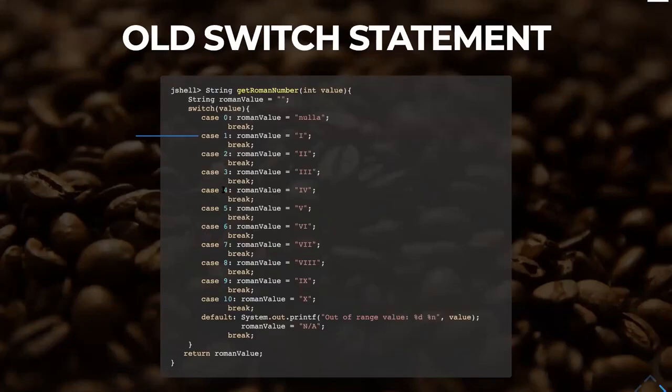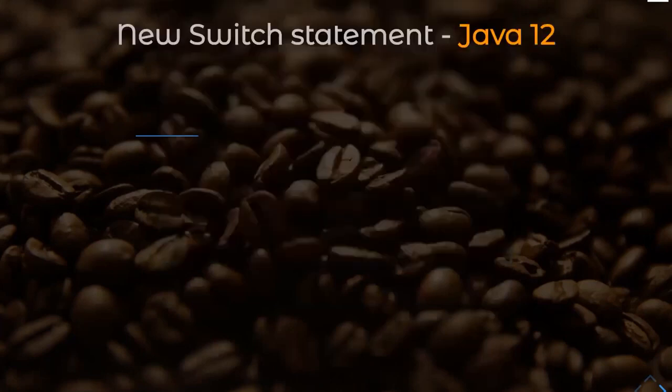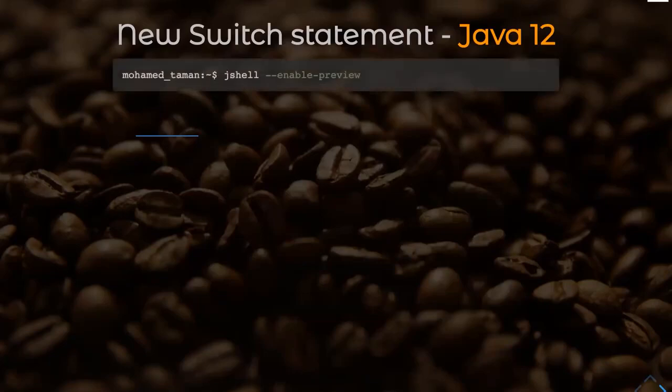And then it's error prone because it's coming from the concept of Java, C++, and it's lengthy and doesn't make any sense. So we started to think we have to enhance it, because the switch statement is one of the important features in Java. So what we have done for this, we introduced a new switch statement in Java 11.